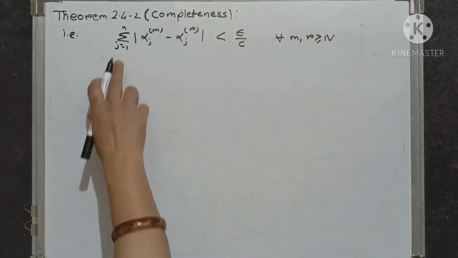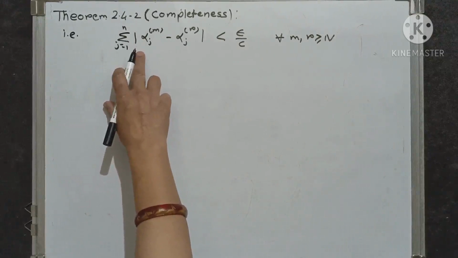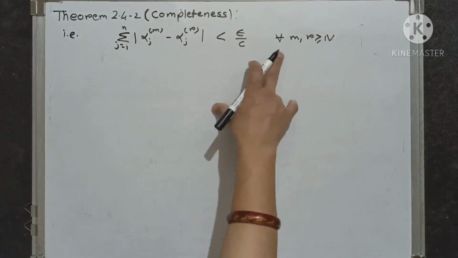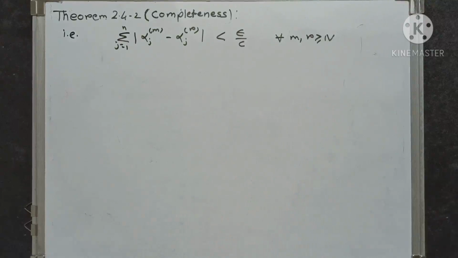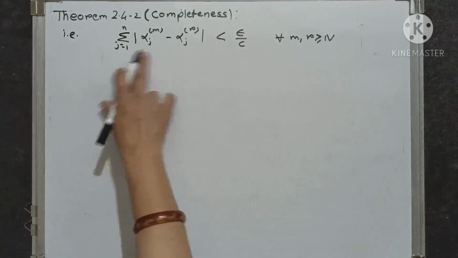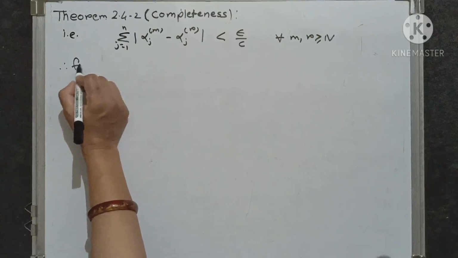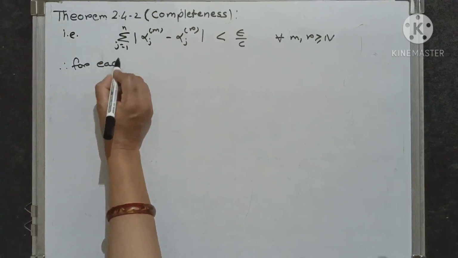That is, the summation over j from 1 to n of mod of alpha jm minus alpha jr is less than epsilon by c for all m, r greater than or equal to n. Now this is the sum. This sum is less than epsilon by c, and therefore for each fixed j,